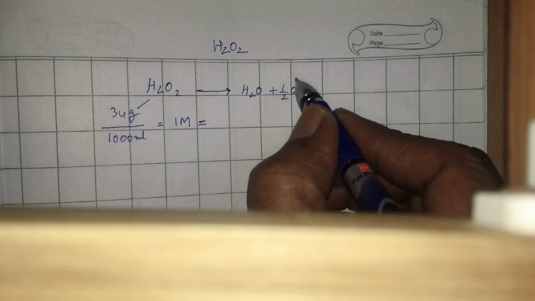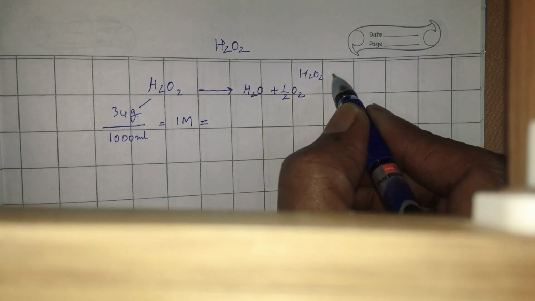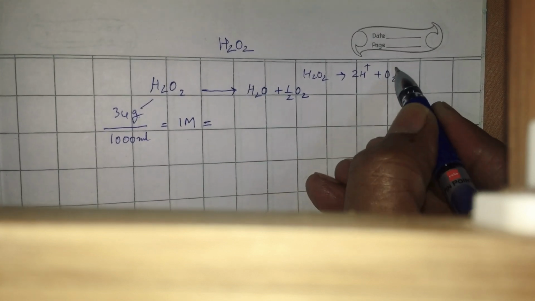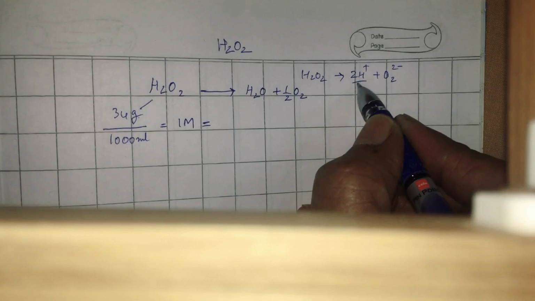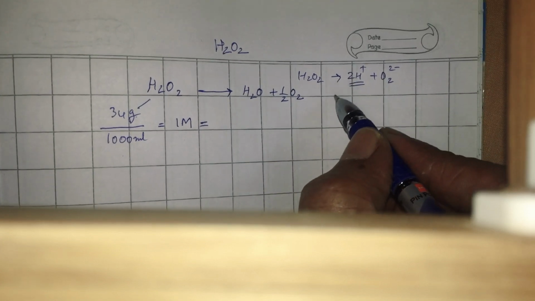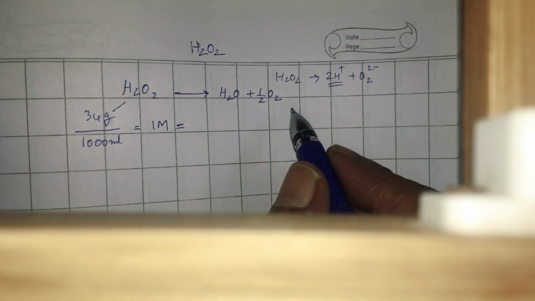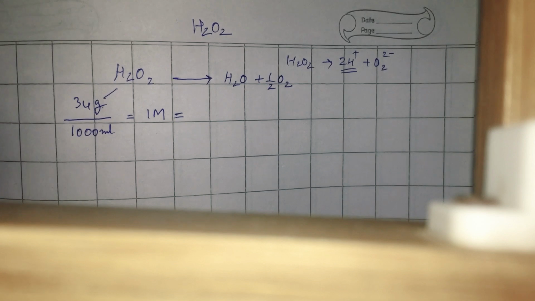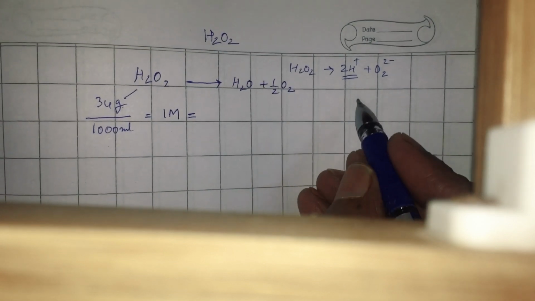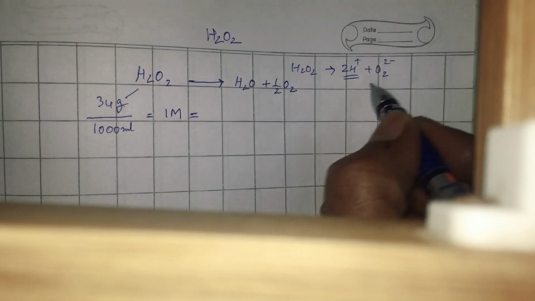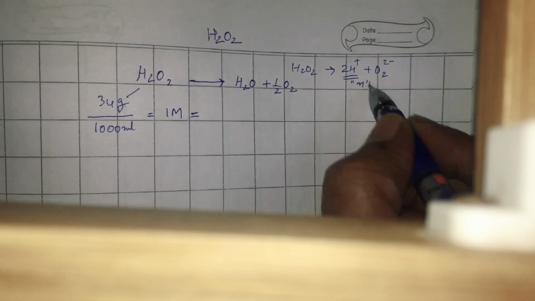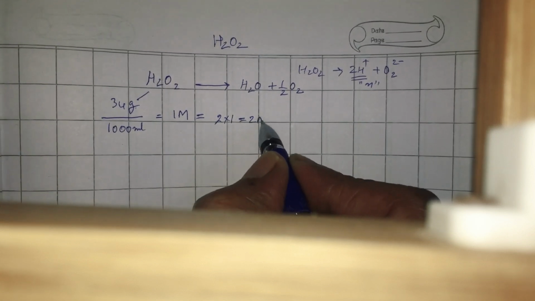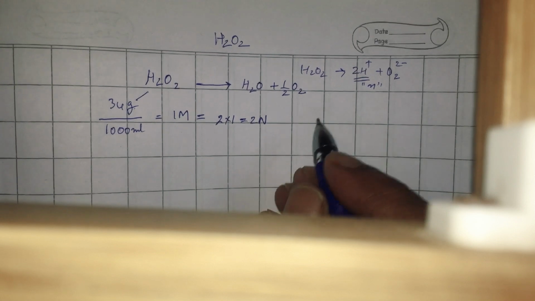Also, each molecule of H2O2 can actually give 2 H plus ions because it is a very weak dibasic acid. Therefore, the number of H plus ions given by a molecule of H2O2 is called the basicity. The basicity of H2O2 is 2. It is also called N factor. Therefore, N factor into molarity is equal to normality. So, the solution is said to be 2 normal.